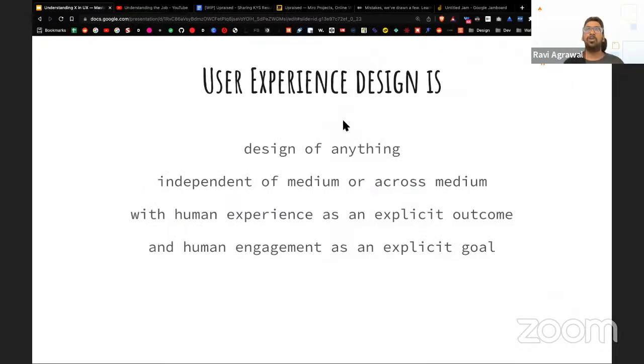Lastly, to summarize it all, user experience design is design of anything that is independent of medium or across medium, with human experience as an explicit outcome and human engagement as the explicit goal, right? Experience can be observed, it's emotional, it's unique to a user. I really want to make sure you understand that